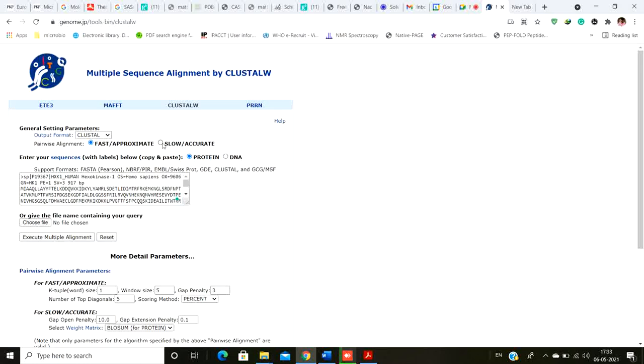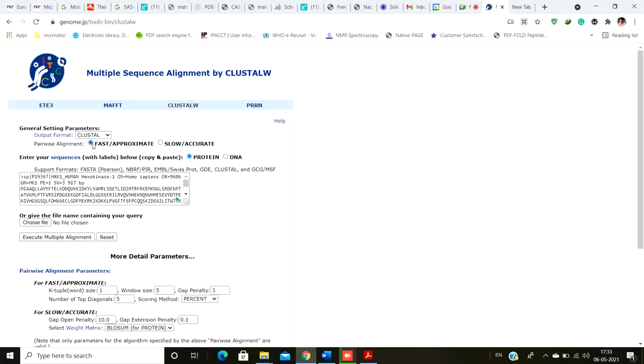Now obviously you can use the slow method because that is much more accurate, right? Because if you do a job more slowly and you take your time doing that particular job, the job is going to be much more accurate, right? But sometimes you are in a hurry, you have to perform your research very fast. Like for this class, we are going to use the fast method, and obviously the fast method is not going to be highly accurate, but it gives you a pretty good result.